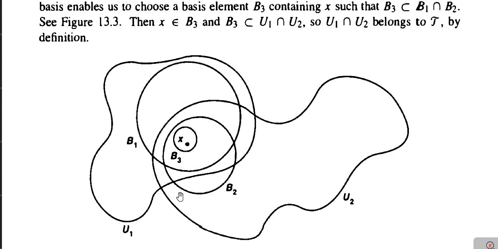And definitely by the definition of the basis, there exists the basis element B3 which contains X and is contained in B1 intersection B2, and that B3 is here, and you can observe that this B3 is contained in B1 intersection B2. So in this way we have shown that tau is a topology on X.